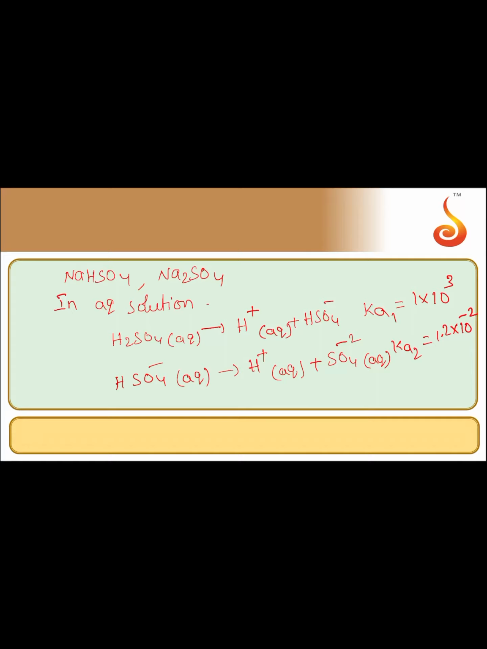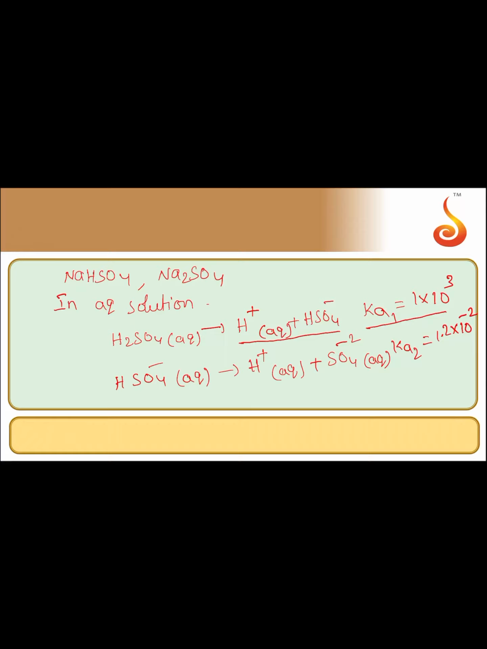If you see here, the acid dissociation constant Ka1 is greater than 10, it is 1 into 10 power 3, which means H2SO4 is largely dissociated into H plus and HSO4 minus, because the greater the value of the dissociation constant, the stronger is the acid. So H2SO4 largely dissociates into H plus and HSO4 minus, but anyway it can form 2